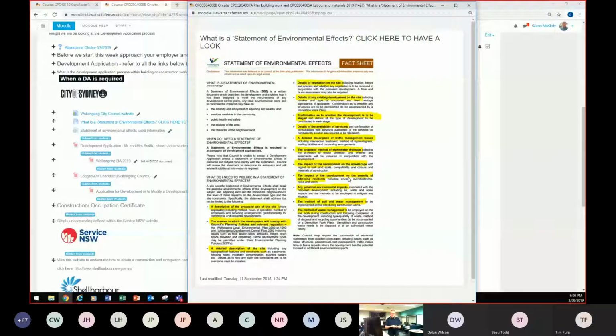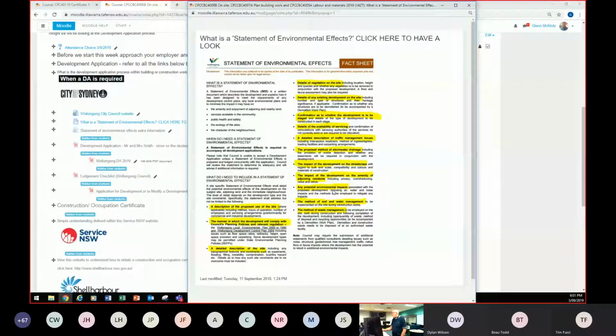The impact of the development on the streetscape, which is really important because the council represents all the residents, and the residents don't want a grotesque building next door to them, or a horrible building that doesn't fit in with the rest of the streetscape. So that's the council's job to determine and refuse permission for that sort of development to go ahead. The impact of the development on the amenity of the adjoining residents, which is along the lines of exactly what we were just saying, and that includes privacy and overshadowing,